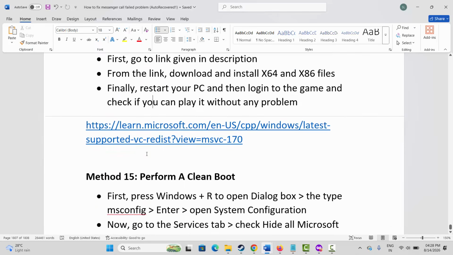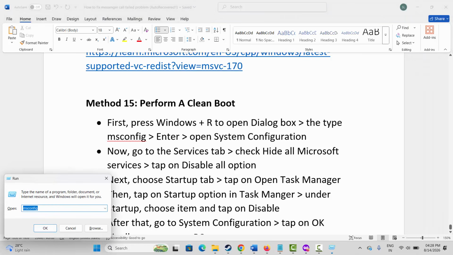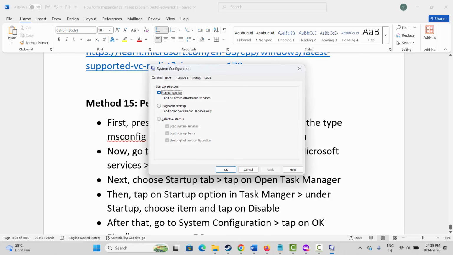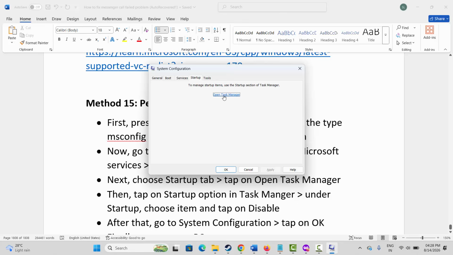Next is to perform a clean boot. So for that you have to press Windows plus R and type msconfig. This will open system configuration page. Here you have to go to the services tab, click on hide all Microsoft services and after that click on disable all. After that go to the startup tab, click on open task manager